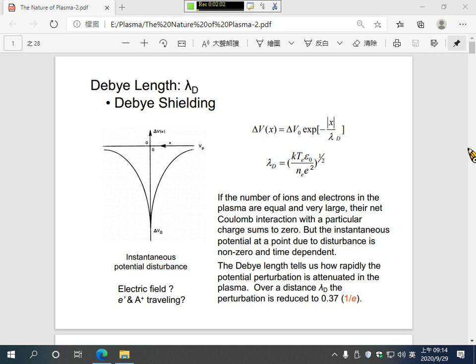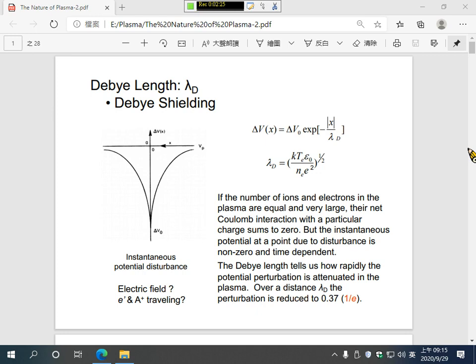The potential distribution is uniform in the plasma if we look at a scale larger than a few Debye lengths. But if we look at a very small scale, we can find that actually there is a